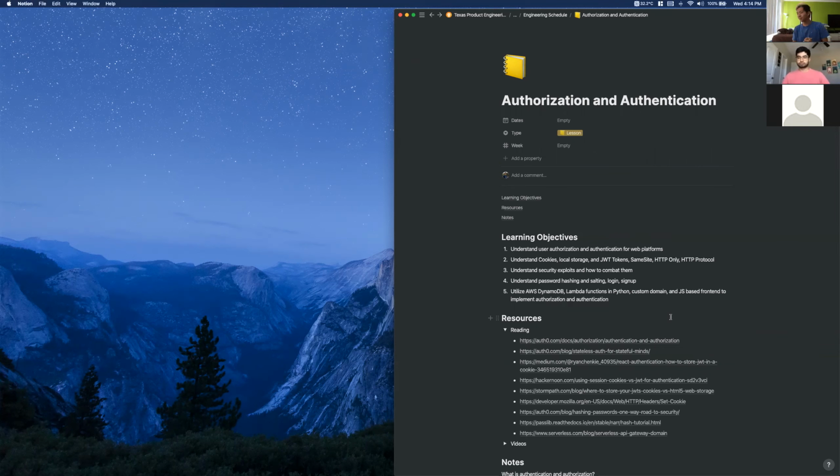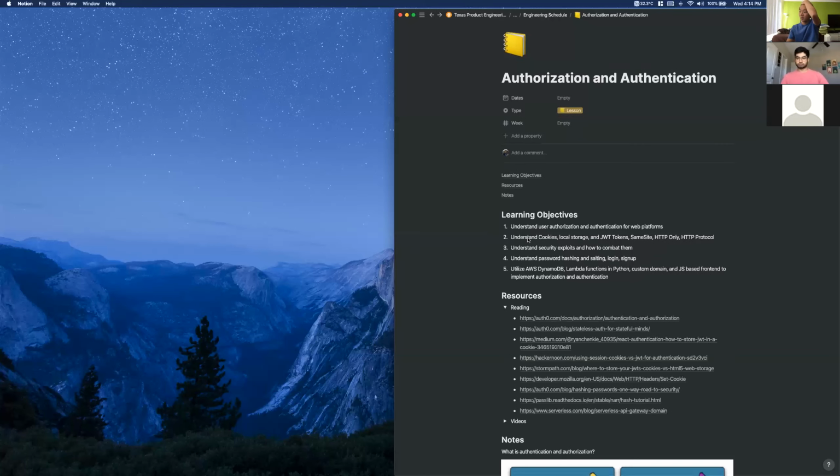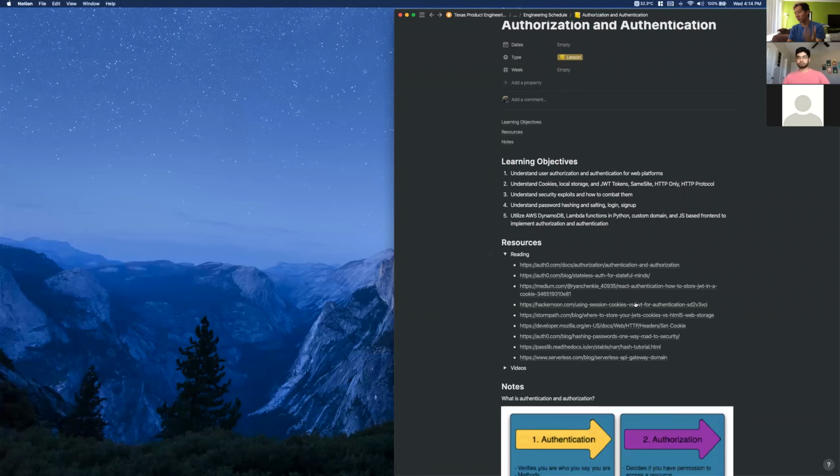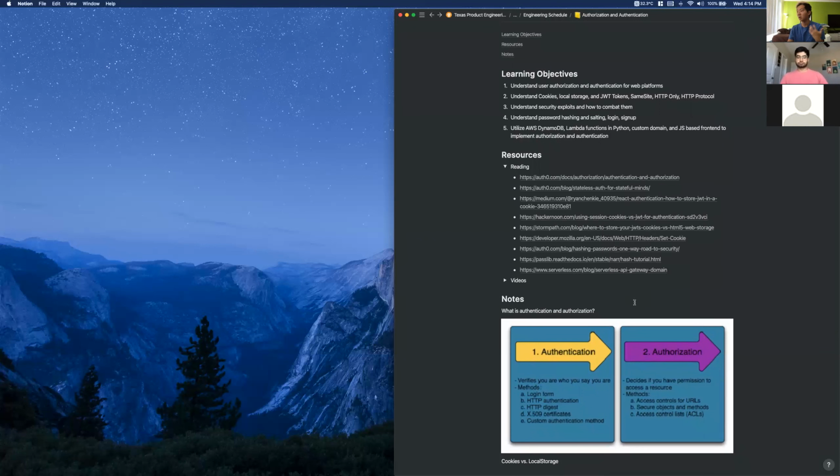in our different tools. We're going to understand password hashing and salting, how to build a login and sign up page. And then lastly, we're going to be utilizing in this specific technology stack, AWS DynamoDB, Lambda functions written in Python, and how we can utilize all this and how it all ties together in a very practical implementation of it all. So first things first, let's go ahead and understand what the difference is between authentication and authorization and